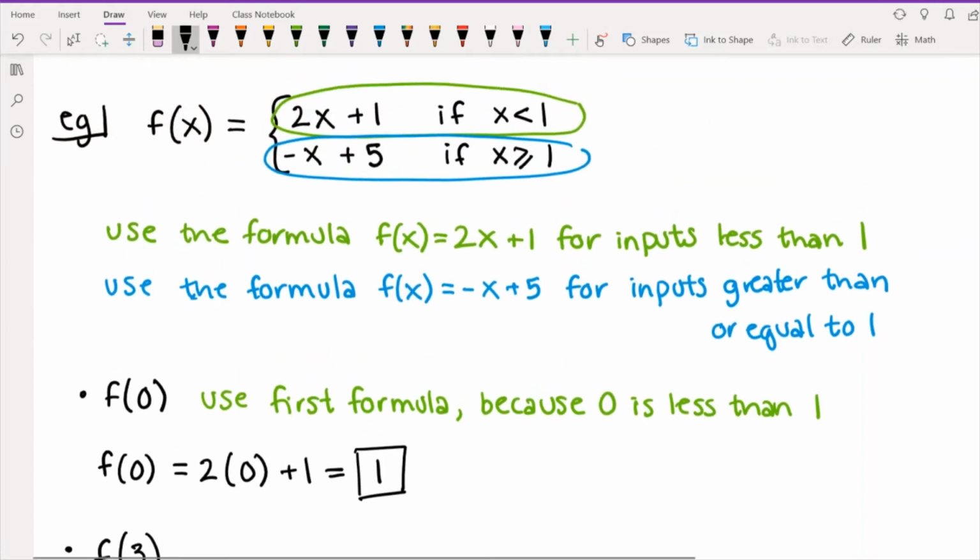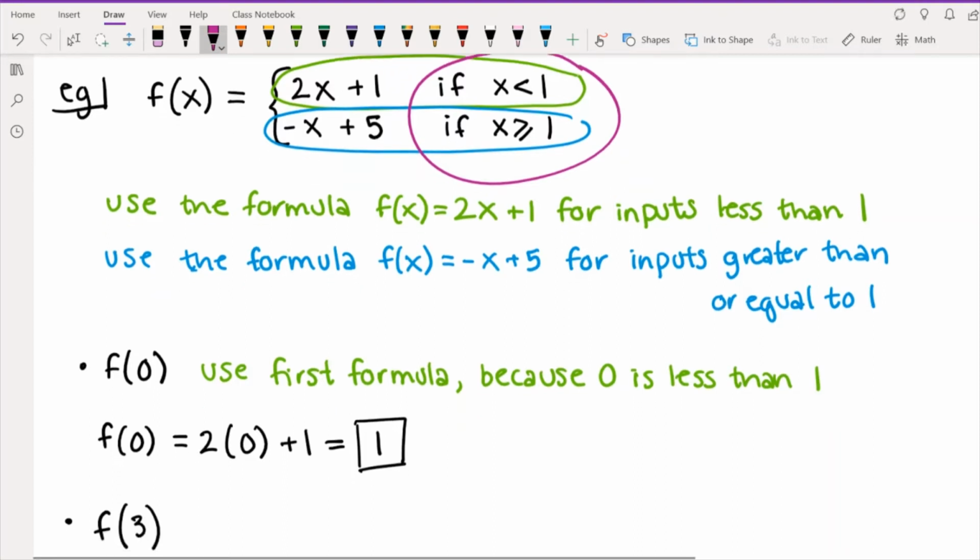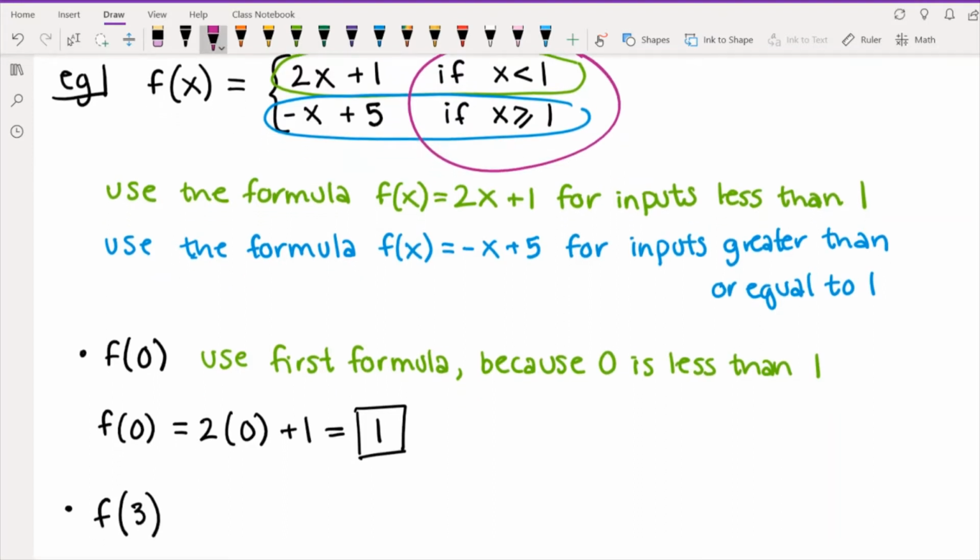Well, in this case, again, you want to start by looking at this part. You want to first figure out, which one of these ranges does this number fall into? So our input in this case is 3, right? And so 3 is a number that is greater than or equal to 1. And so we're going to use the second formula,